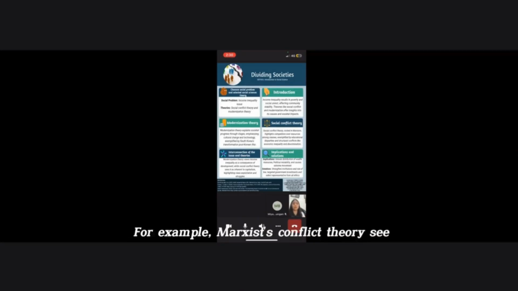For example, Marxist conflict theory sees society as divided along lines of economic classes, between the proletarian working class and the bourgeois ruling class. Second, the idea that society consists of different classes competing over finite power and resources. Last but not least, it was first proposed by the German philosopher Karl Marx and grew out of history, notably historical materialism.